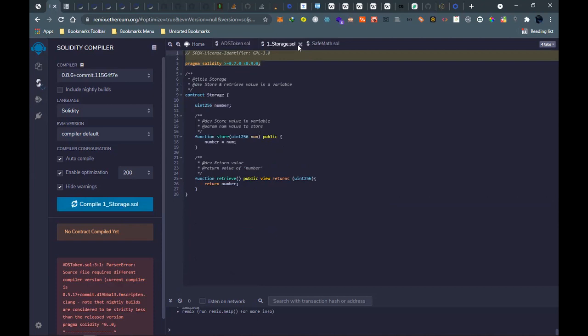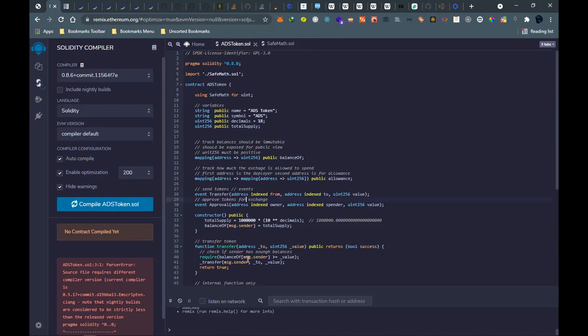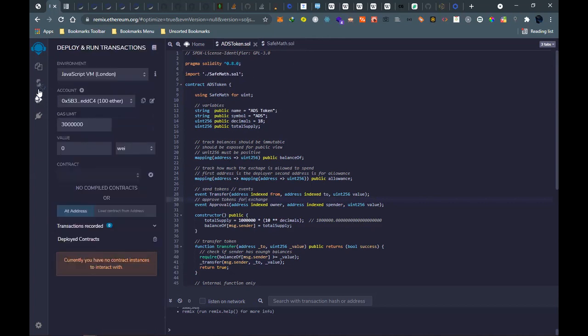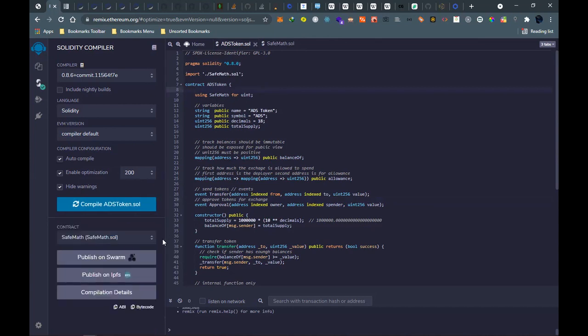So you have to use the same compiler for your contracts. Yeah, awesome. So our contract is good.